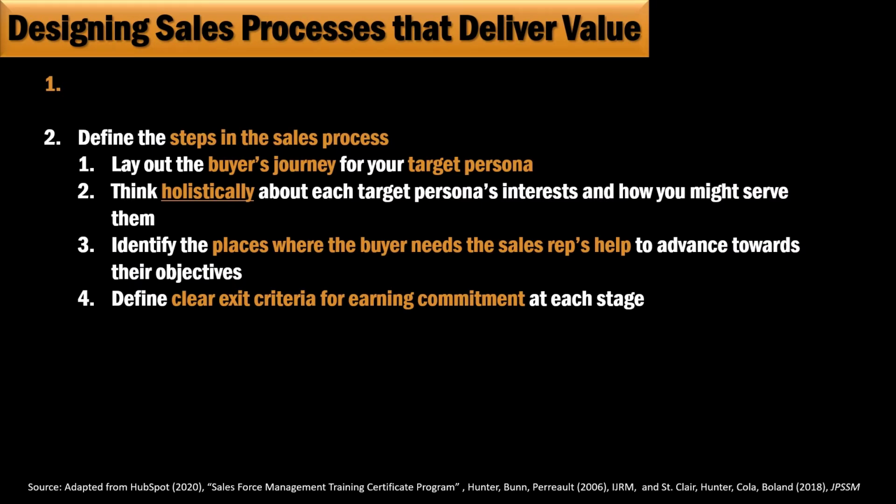So I've talked some about them. We're then going to try to think holistically about it, think about how the salesperson can help, and then develop some clear exit criteria. So that's what we would do after that step. So that was the buyer journey and the target persona. Then we were trying to say, okay, how do we think holistically, and how do we think about where the salesperson fits in? That's really the part where we're mapping the sales process to the buyer's journey.